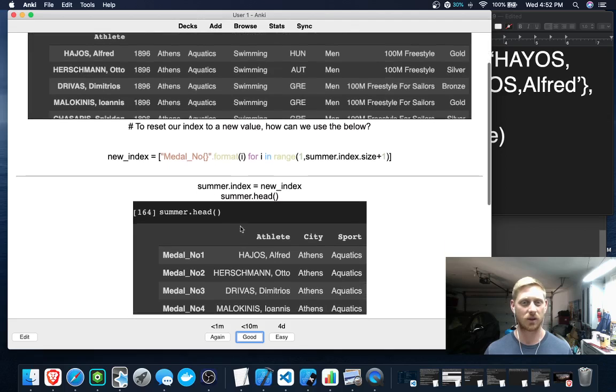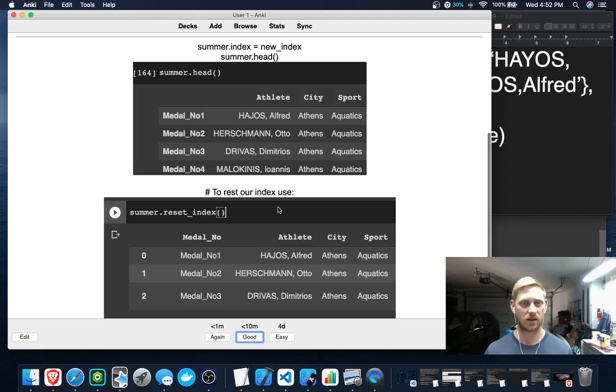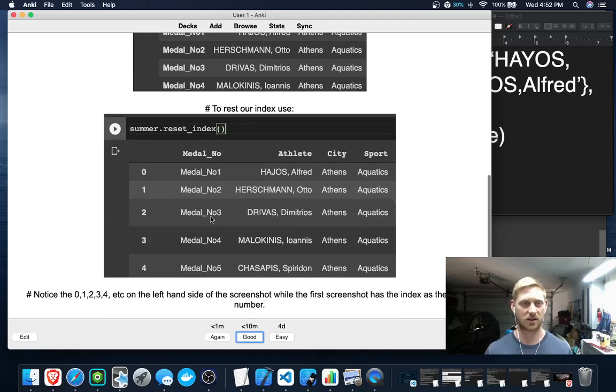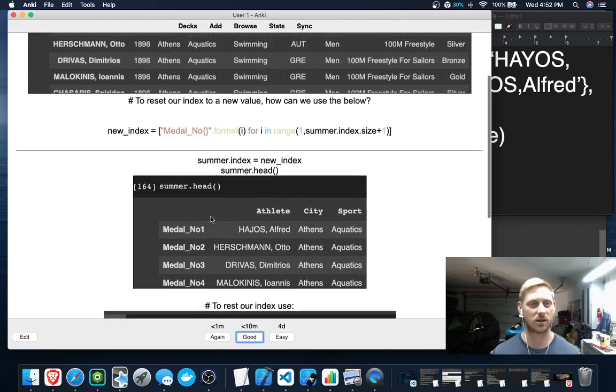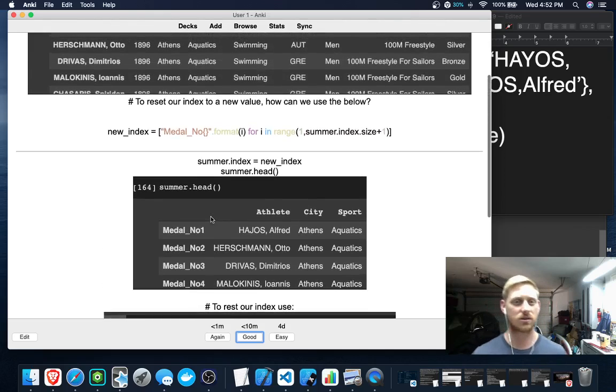Okay. And then we do summer.head. And then from there we use reset index. But in essence, what we did is we said that the index position for our summer data set is now going to equal the new index. And we assign this as a variable, meaning